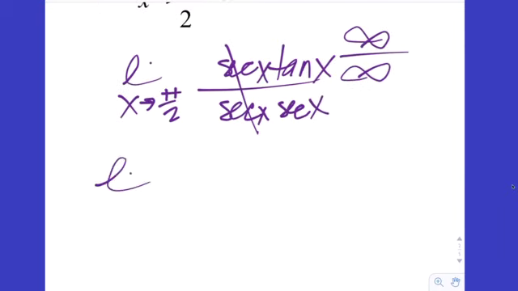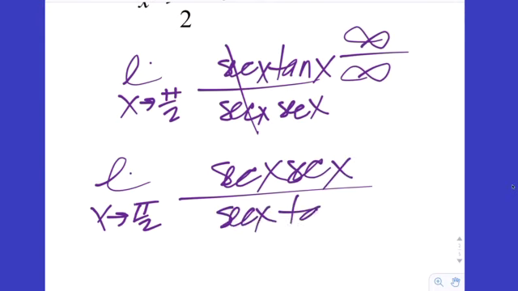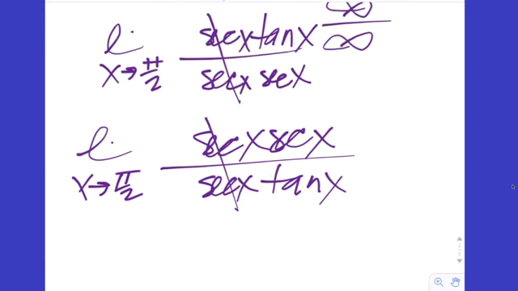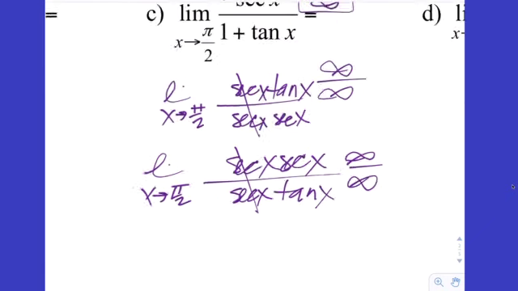So L'Hopital's rule might work if we do it again. So the derivative of tangent is secant squared, also known as secant secant, as I already said. And the derivative of secant is secant tangent, and you get that, and the secants divide out. Plug in again, you get infinity over infinity, and you can take the derivative again if you want, but hopefully